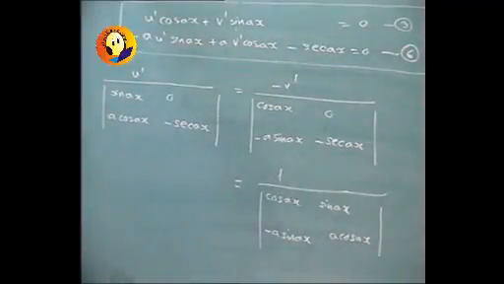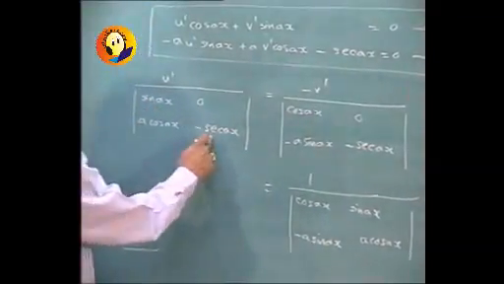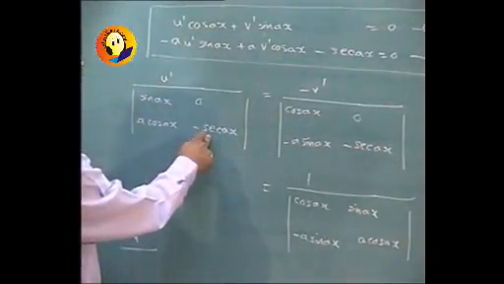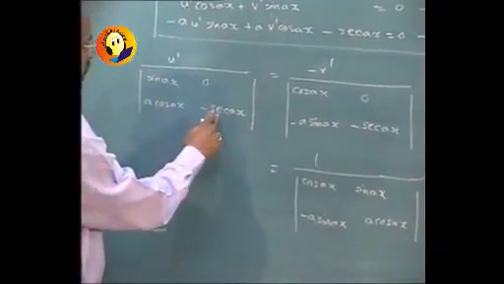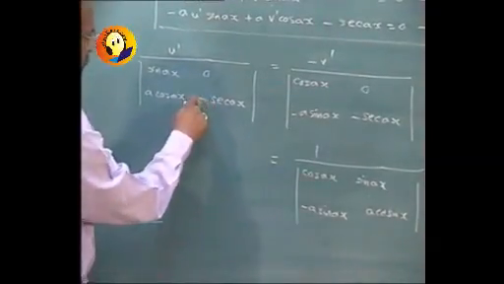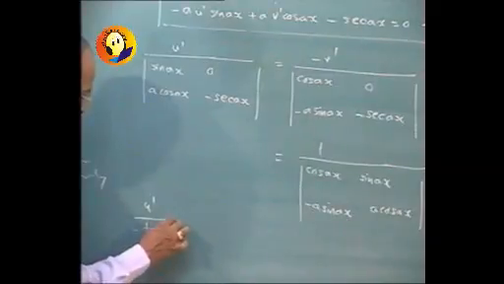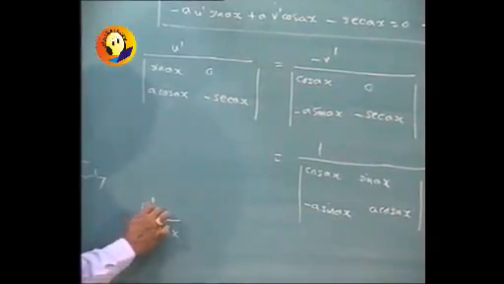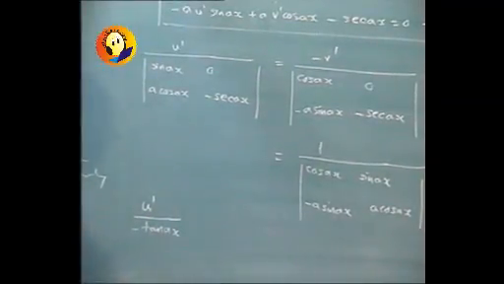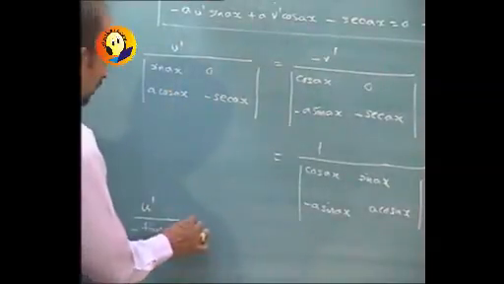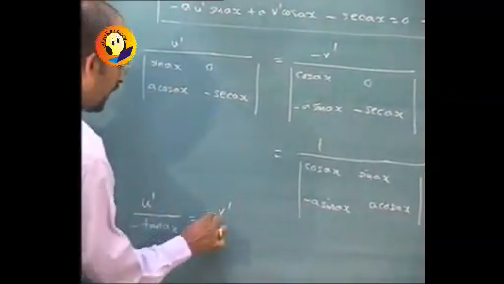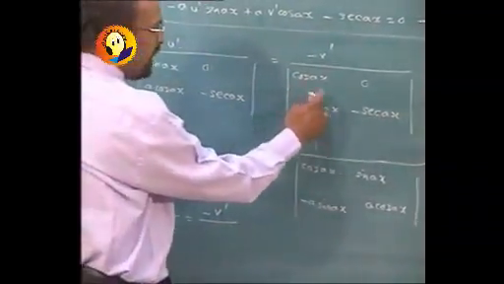And so if we just write it properly, it will be u dash upon sin ax into sec ax. Sec is 1 upon cos, so it is sine into 1 upon cos, that is tan ax with minus sign. So it is minus tan ax. u dash upon minus tan ax minus 0 of course, equal to minus v dash upon cos ax into sec